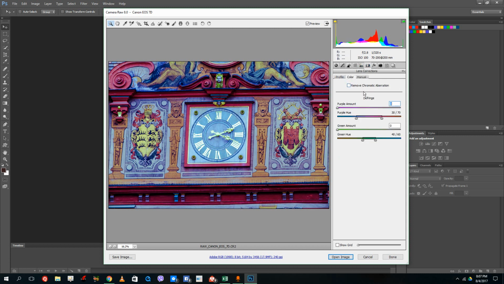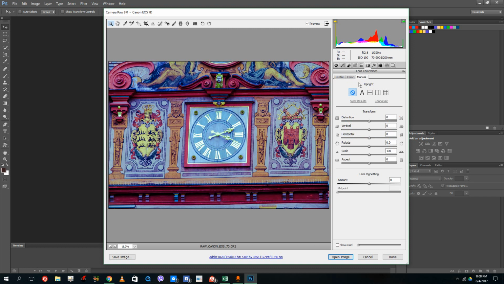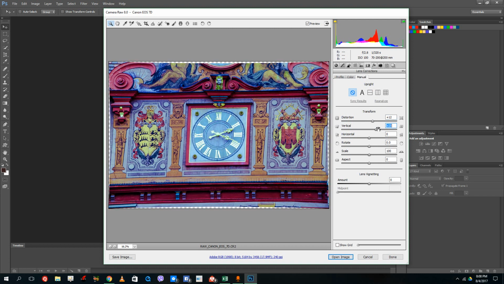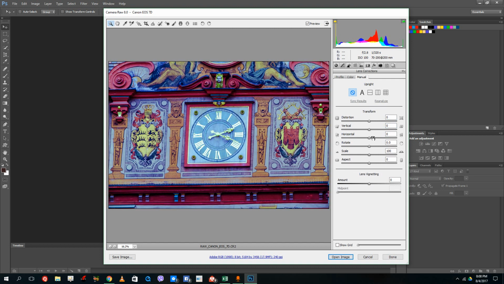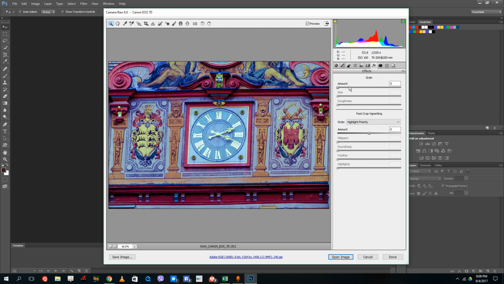So you can change the color profile of the lens, remove chromatic aberrations if you have such errors in your lens as well. And of course, there's the manual for distortion, horizontally, vertically, and so forth. If you were to just double click on the side tabs, then it'll go back to the main position just like that. So if you were to go into effects, you can actually add in the amount of grain now